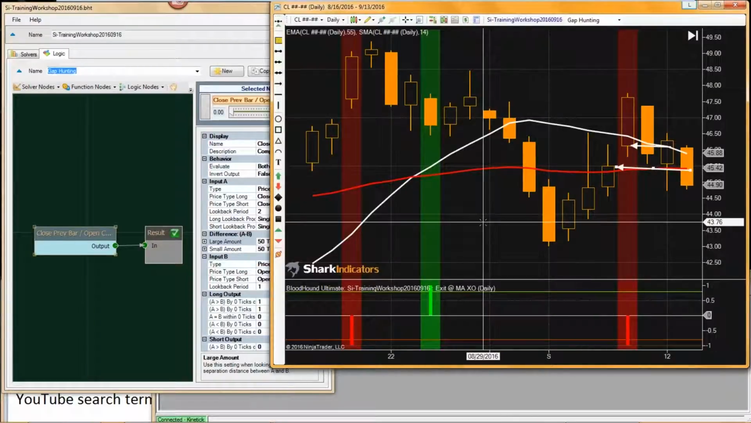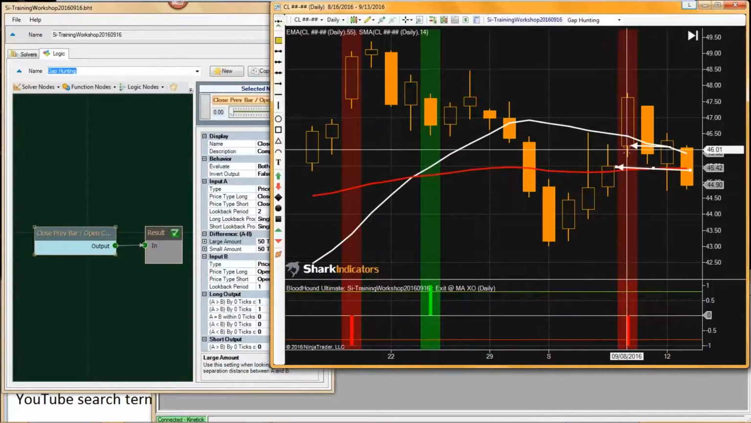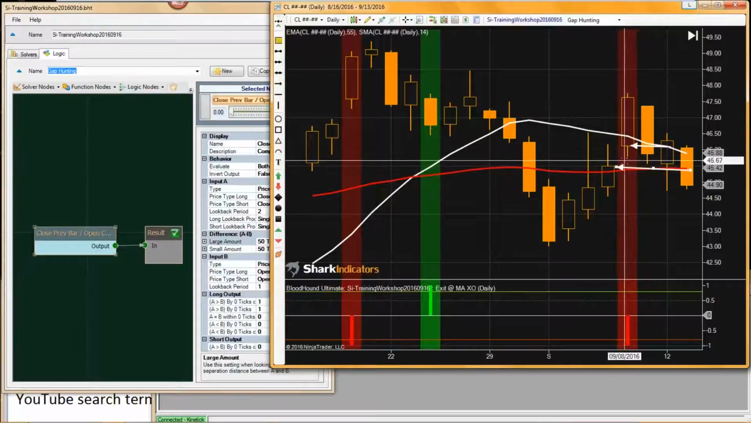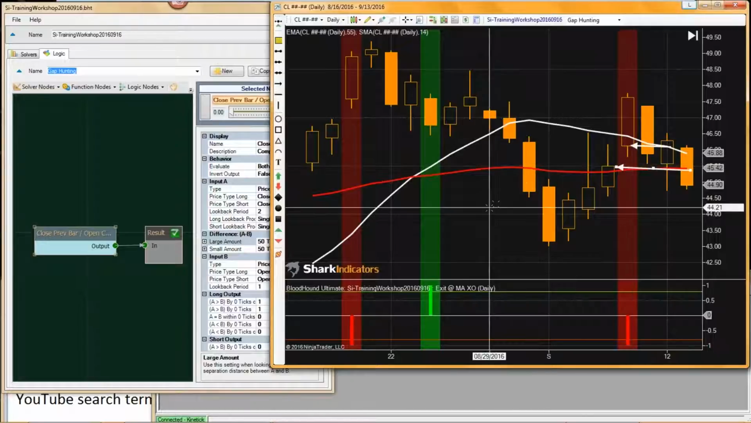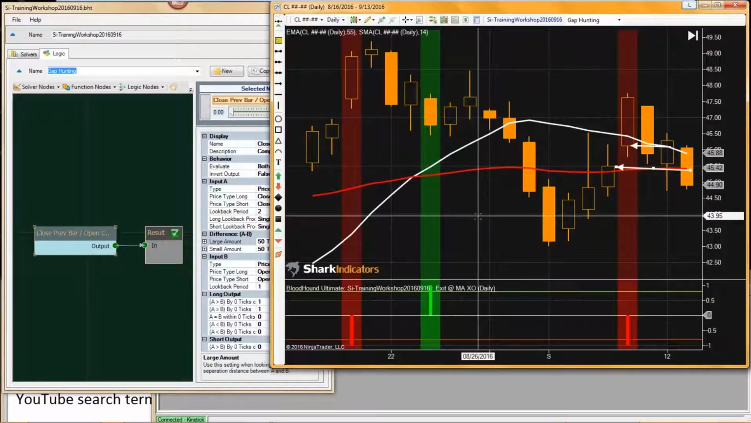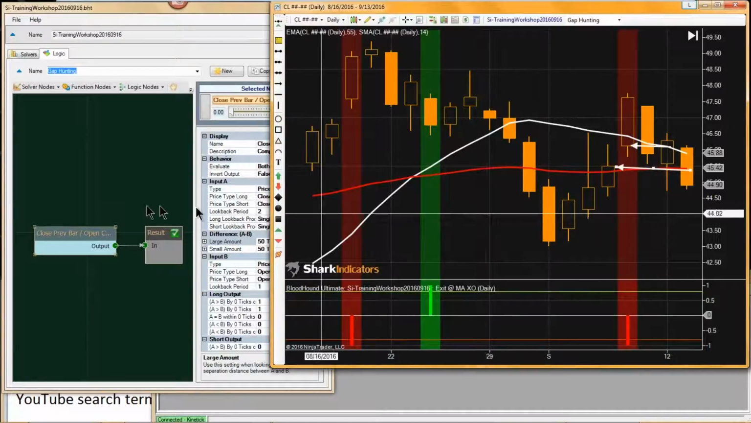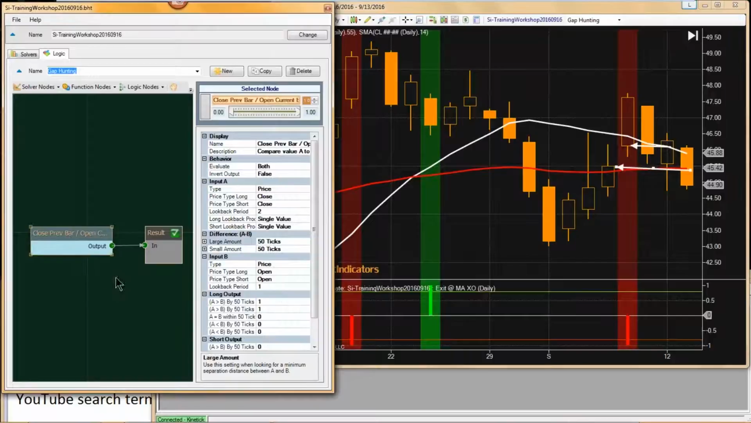And so you can see this gap up actually generated a short signal. So if you're fading the gap, there you go. You got your short signal to fade that gap, right? If you're not fading the gap,